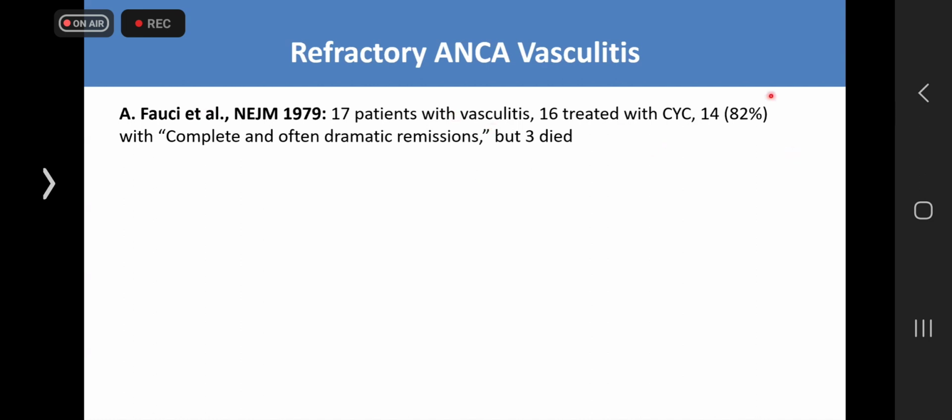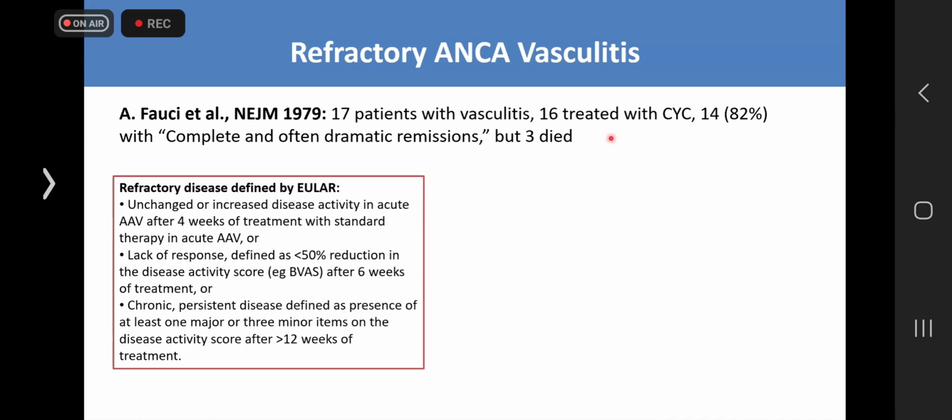And so just 14 out of the 16 had remissions, which means 2 of them did not. And so what is refractory disease? Depending on how you define it, as defined by EULAR, unchanged or increased disease activity in acute ANCA vasculitis after